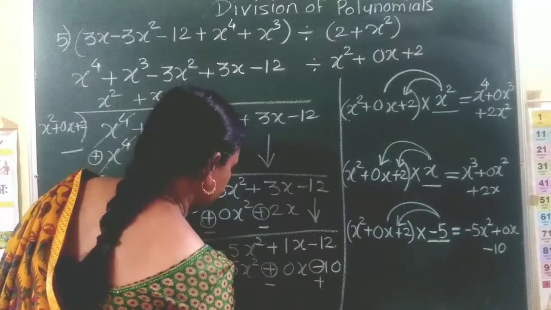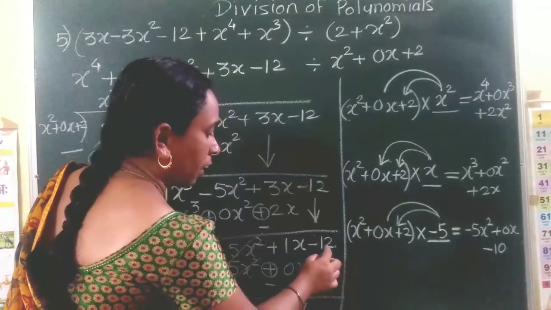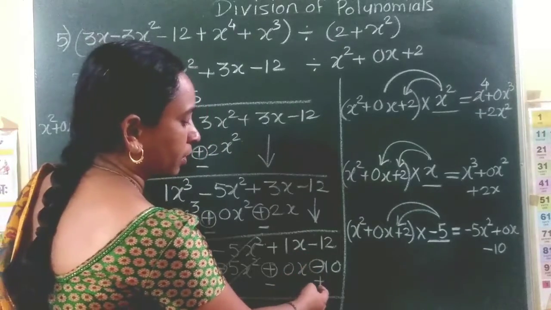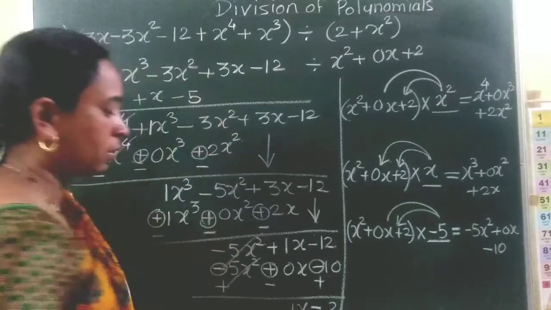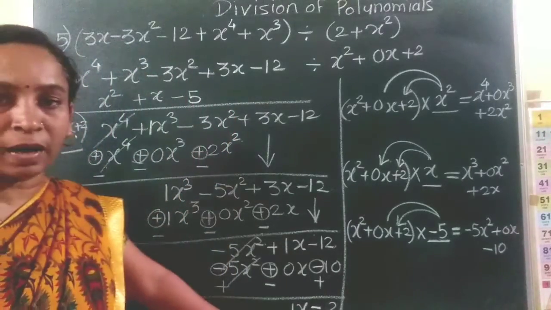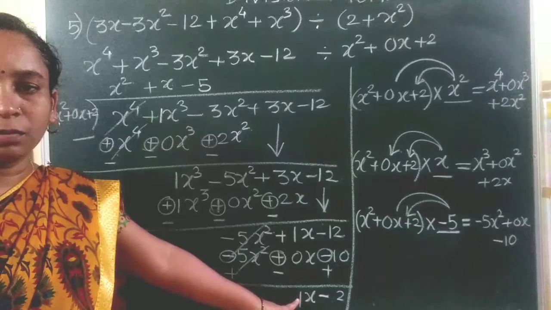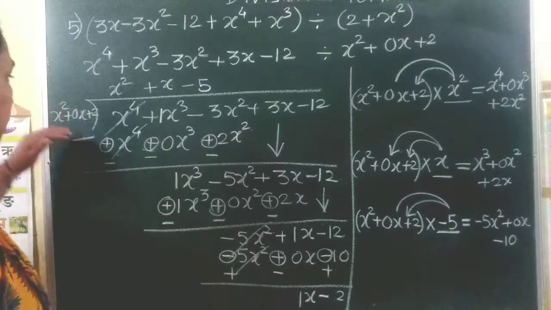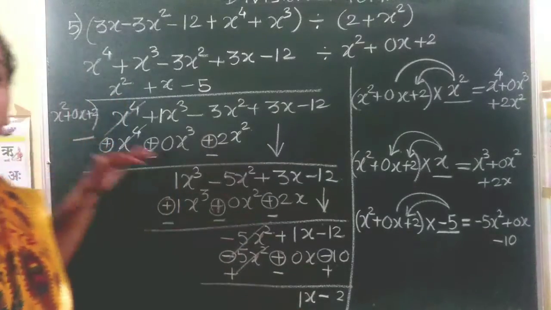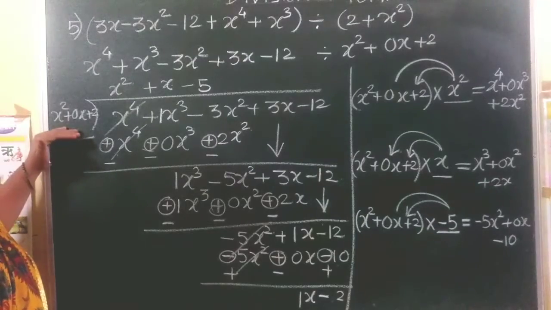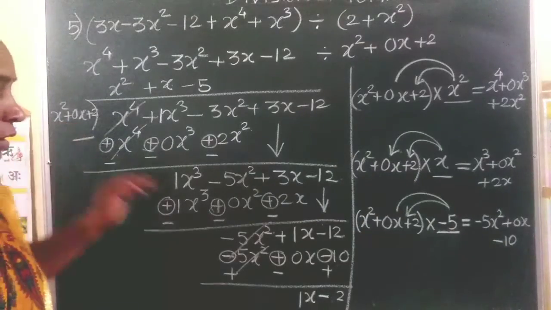So first term will be cancelled. Here we will get 1x, and this would be minus 12 plus 10, means answer would be minus 2. Here in the next part we have got the x minus 2. The order of this polynomial is 1, and here order of the divisor is 2. Order of the remainder is 1 and order of the divisor is 2. So it becomes the smaller term as compared to the divisor. So it is the remainder.